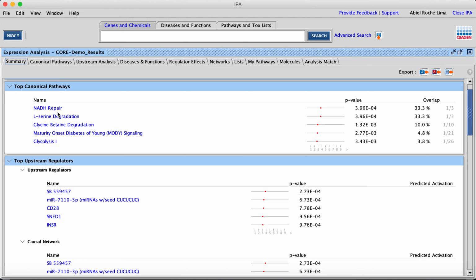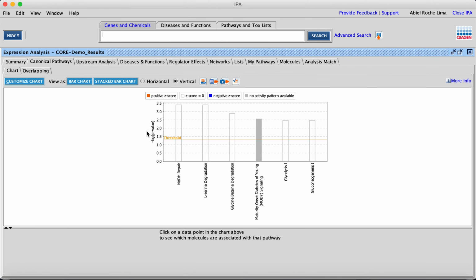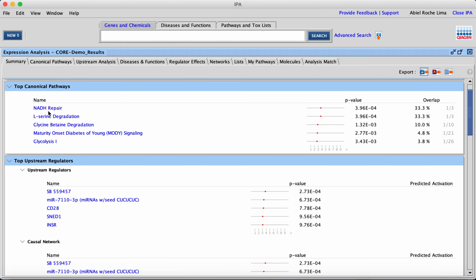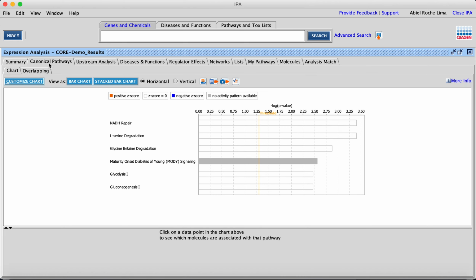So IPA is mostly helping the researchers in that matter. The first step is the top canonical pathways. It will show you only 5, but if we go to canonical pathways, if you have more than 5, in this case we have 6, let me just change this to horizontal, and in here, if we see the names of these pathways and we go again to summary, we see the same names. And these bar plots are clickable and interactive as well. So if we click one of them,